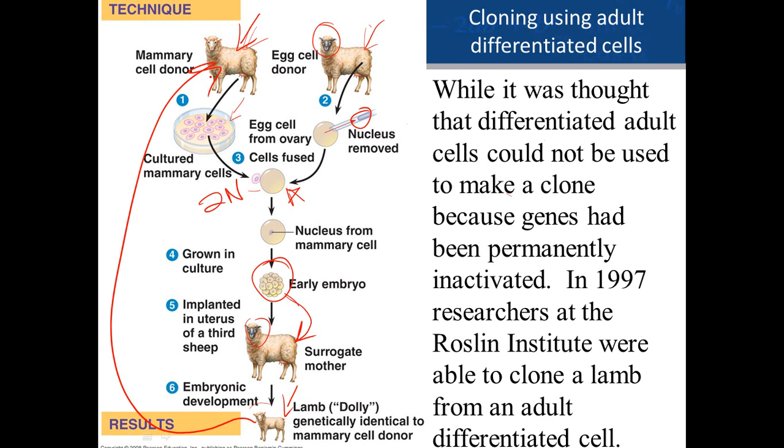So the point being, once upon a time, we used to think that cells, once they became determined, once they became differentiated and specialized, even though they had all the DNA necessary, we no longer could clone from that particular cell. And now what we have been able to do using the process we just described is we have indeed been able to clone an adult differentiated cell. All right, so I hope that this has shed some light on the process of development